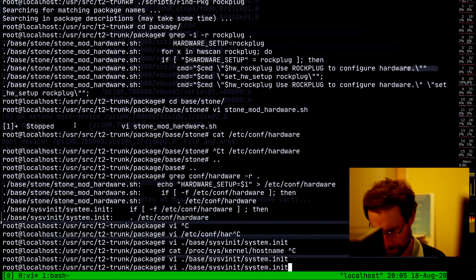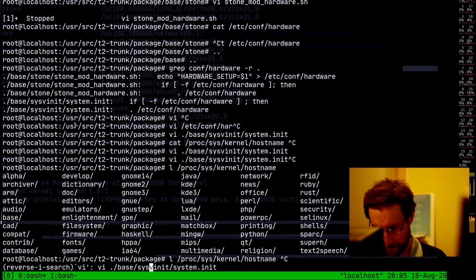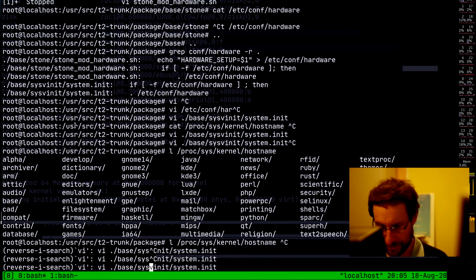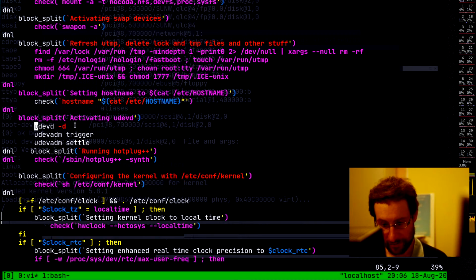Proxies kernel. Maybe it's not even there anymore. Maybe actually we probably defaulted to hot plug. So probably it's time to just remove this actually. It's like disabling this for, yeah, it's